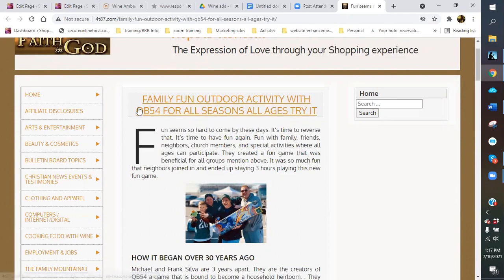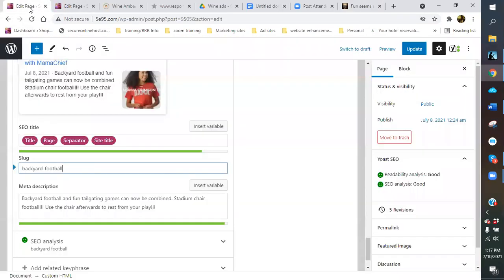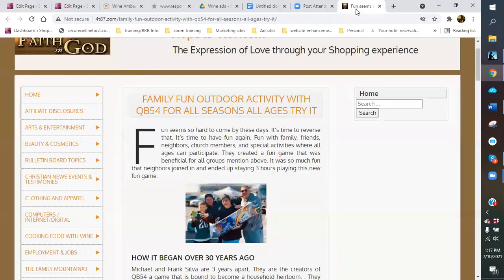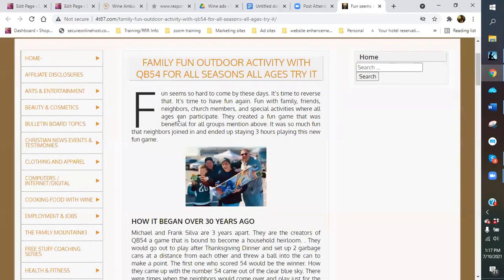Okay. This would be a sentence that you would use like a standout. So like with me, I have one on mine, like here. Are you ready for some backyard fun tailgate, backyard football tailgating fun? So your actual title could be a statement to either put here at the beginning for them to click. And that's the one thing a lot of people, a lot of pages, sites that I've been editing and looking at this week for Google AdSense, is a lot of people do not have a call to action in their first paragraph.